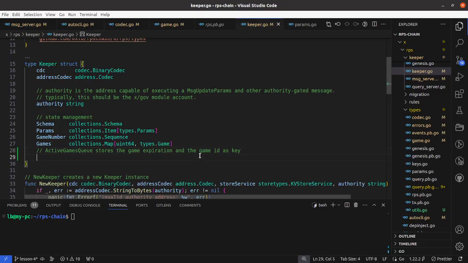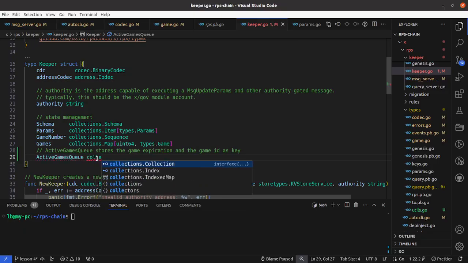What this is going to be is just an index comprised of the game expiration height and the game ID. So when we reach a certain height, we can pick up only the game IDs that belong to the expiration at that height. So this is going to be called active games queue, and it's going to be a collections